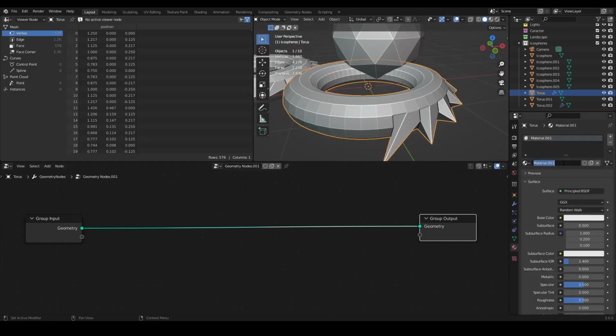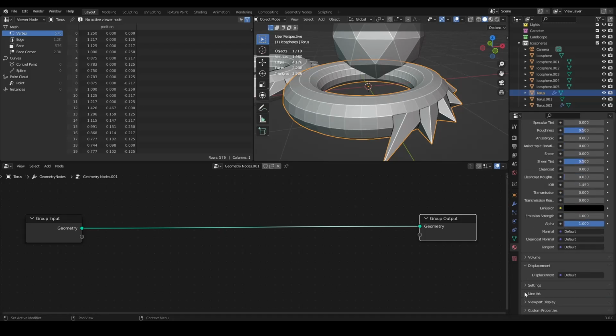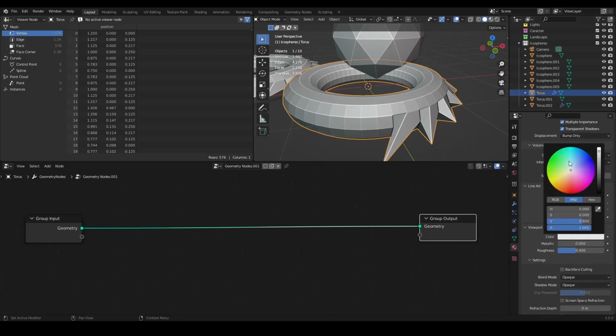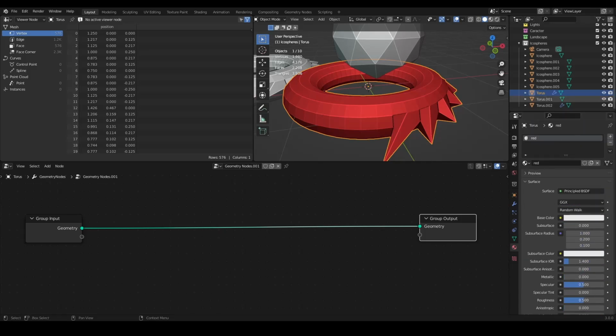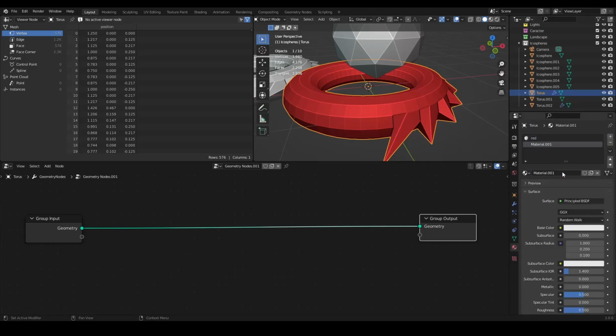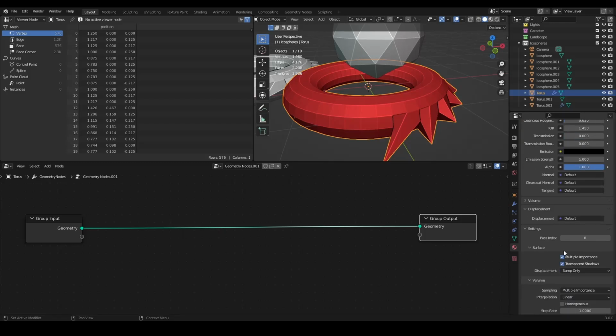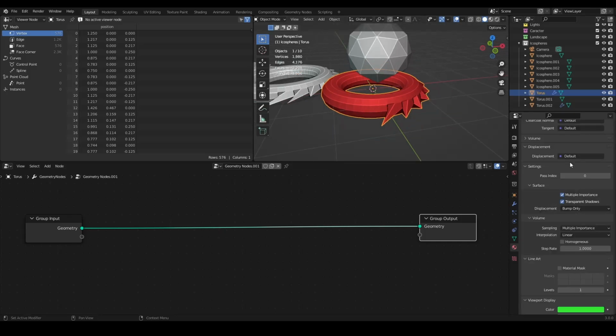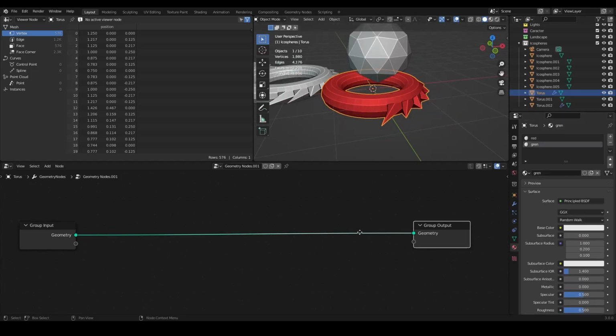So a red material. I'll simply make it red in the viewport. And then a green material, and I can make it green. And now we have two materials, and